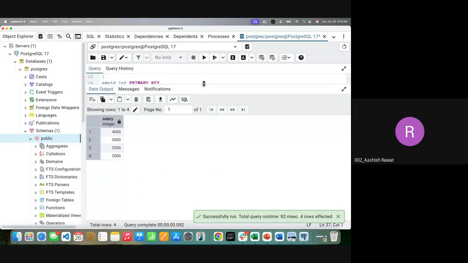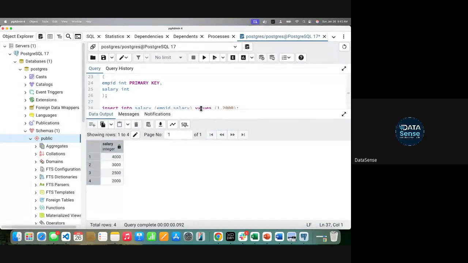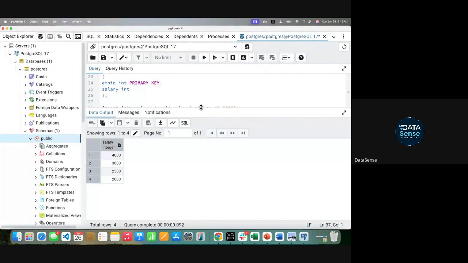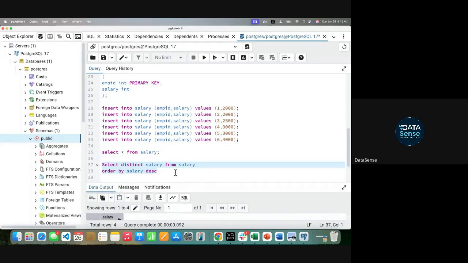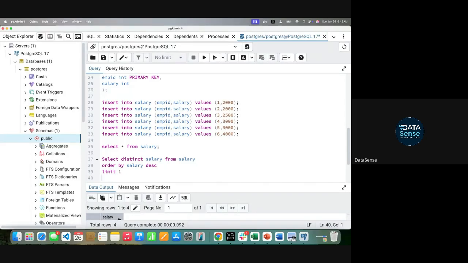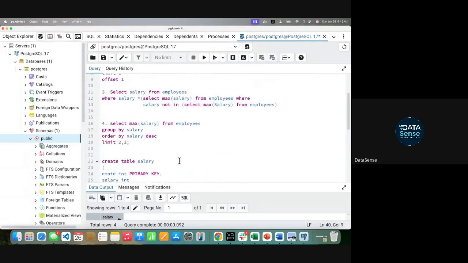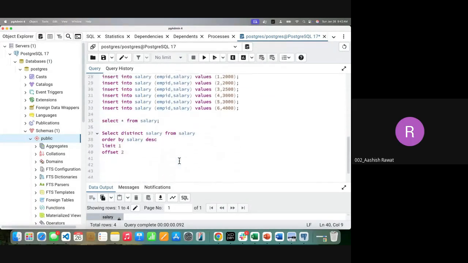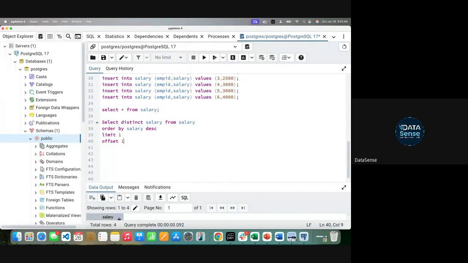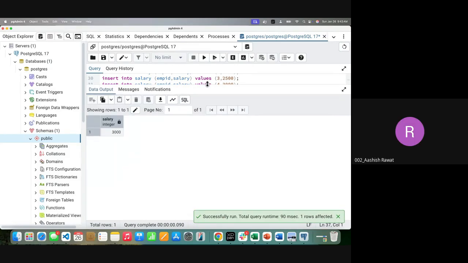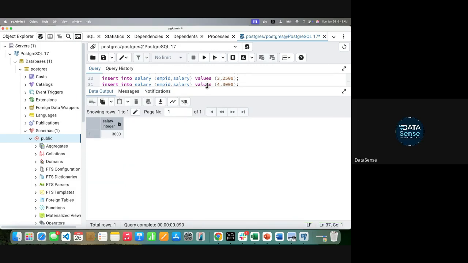It will arrange in descending order and give me the distinct salaries. Now when I do limit 1 offset 1, it will give the second highest, which means 3000. It will give the right query.